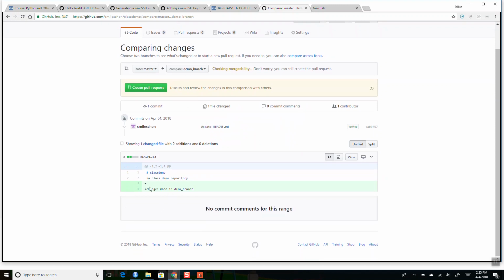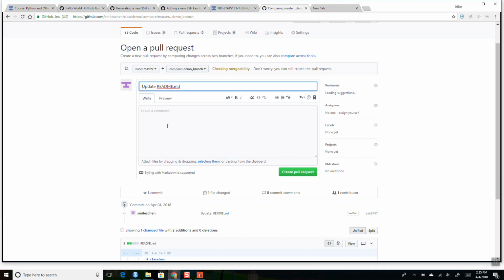So it says, oh, look, this is the change you've made. And the green is basically stuff that has been added, and if we deleted something, it would show up in red. Okay, so this is what we want to do, and so I'm going to say, oh yeah, I want to create this pull request, and I will say I added some stuff to the README. Okay, and then we'll create this pull request,